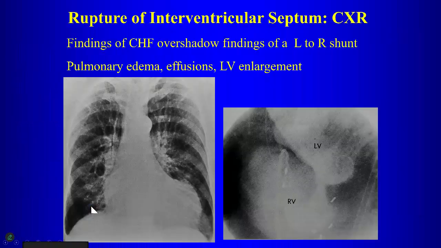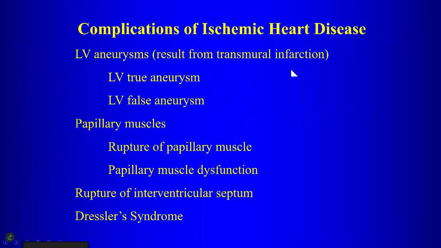Okay? So rupture of the septum, usually these patients go into CHF with pulmonary edema, so that's going to overshadow the findings of the left to right shunt. So we will see pulmonary edema, effusions, left ventricular infarction. So these are all things that we might see with rupture of the interventricular septum. Okay, so those are our